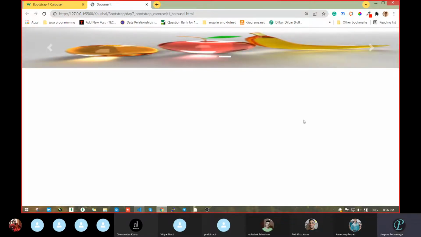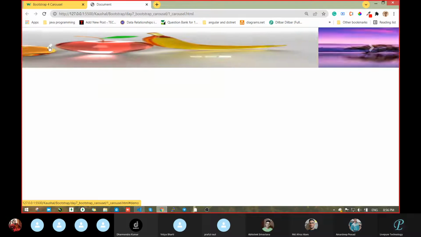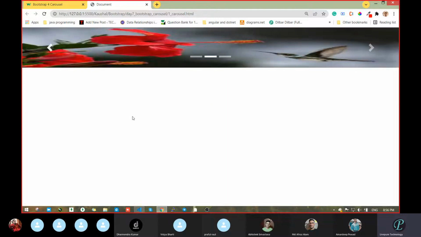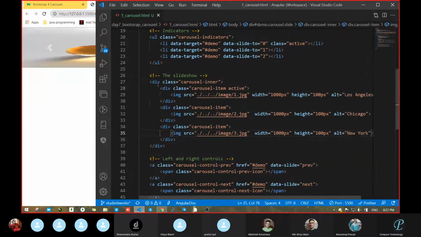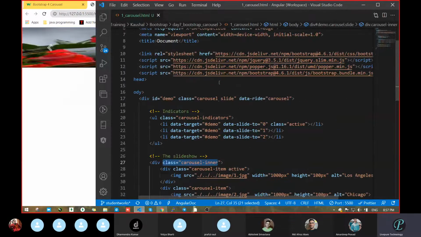Okay, so now what we are looking at, we are getting three images. Okay, and these images come at some interval. But when you click this icon, see this, on clicking that, we again get the previous image or next image like that. So how is this working? This is working with the help of what class name? What is the class name? Carousel. Class name is carousel. Carousel inner. Whatever you can spell, carousel. So carousel inner, but go on the top.